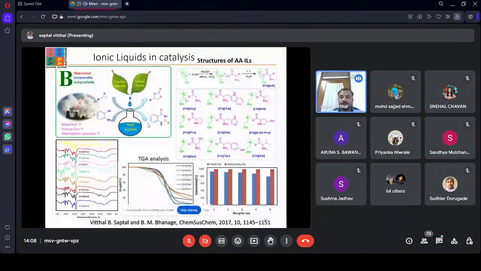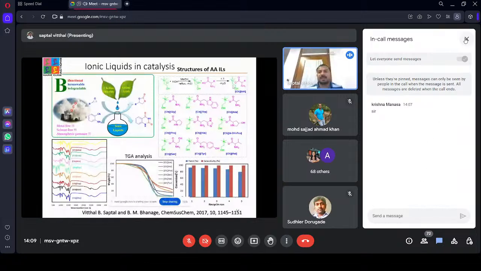Then again, another type of ionic liquid which is biodegradable and bifunctional. I was looking for something bifunctional which should also be biodegradable in nature, because after synthesis of the ionic liquid, it's very difficult for them to biodegrade because they are chemically very stable. So I was looking for some ionic liquid which can be synthesized like this one. So I have synthesized some ionic liquids which are bifunctional in nature from choline chloride as another biodegradable material, which we reacted with various amino acids, and this amino acid and choline chloride form choline amino acid